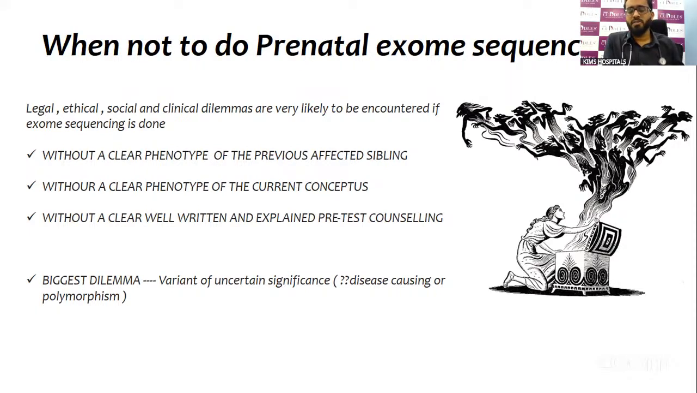And this is a very tricky situation. They only come to you once they plan everything and just get pregnant and come to you. It's a very difficult situation for you to deal with. So in this situation, you should not venture into prenatal exome sequencing, because if you find some variant of uncertain